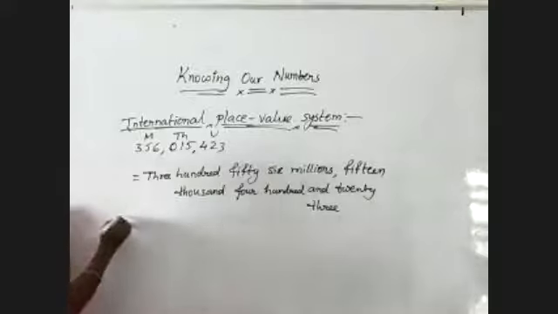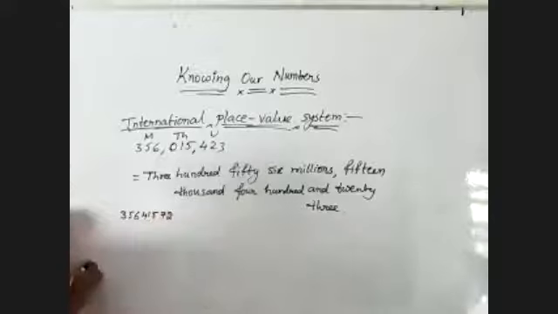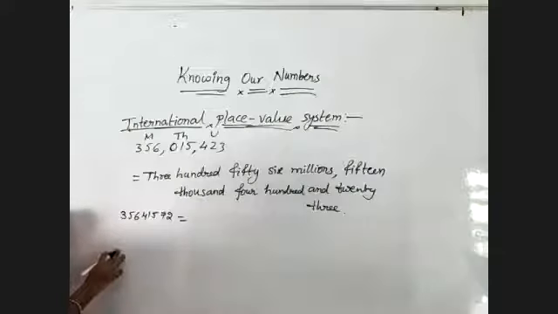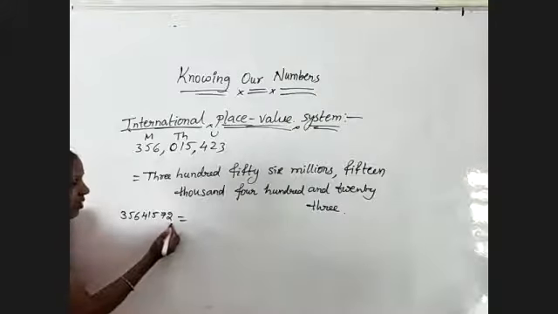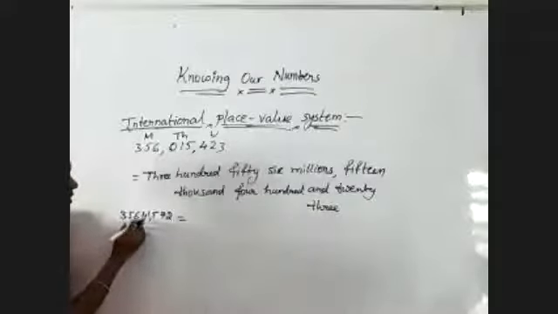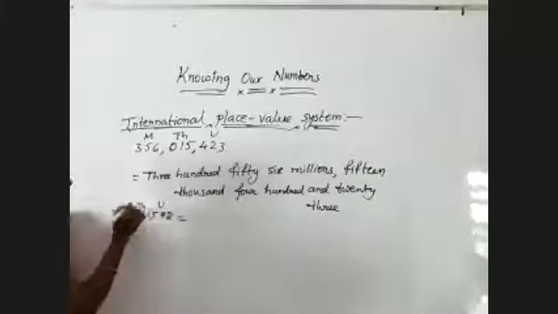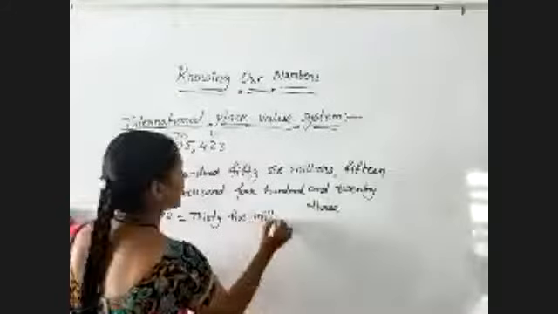First of all, I have given the number 356,415,72. Like this, I have given. In this, how can we represent this number? So write yourself. Try to write. First step, we need to insert the commas between each period. So we need to insert the commas from the right side. 1, 2, 3. Again, 1, 2. So units, millions are, so 35 million.